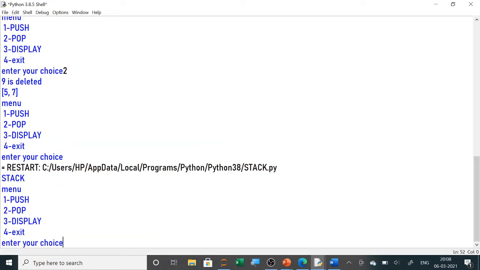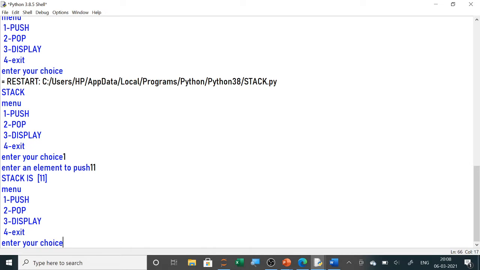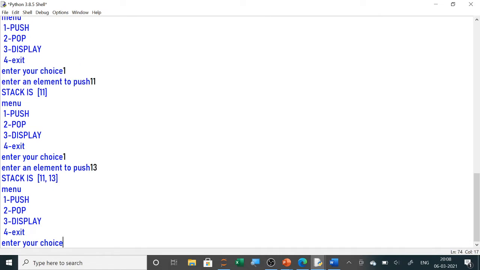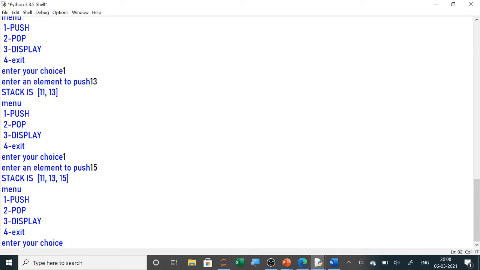तो यहाँ पे एंटर योर चॉइस, तो ये सपोज हमने 1 डाला है तो एंटर एन एलिमेंट टू पुश। सपोज ऑड नंबर्स हमको डालने हैं, तो ऑड नंबर्स या फिर 2 डिजिट ऑड नंबर्स डालने हैं सपोज, तो यहाँ पे स्टैक में 11 आ गया, फिर से 1 डालेंगे तो पुश होगा। सेकेंड ऑड नंबर 13 आ गया, फिर से 1 डालेंगे पुश। थर्ड ऑड नंबर अब पॉप करेंगे तो 15 लास्ट में डला है तो 15 पॉप आउट होगा।